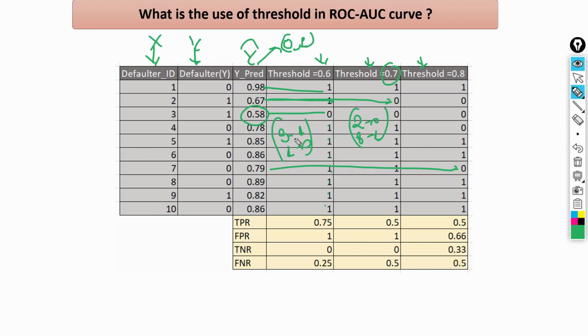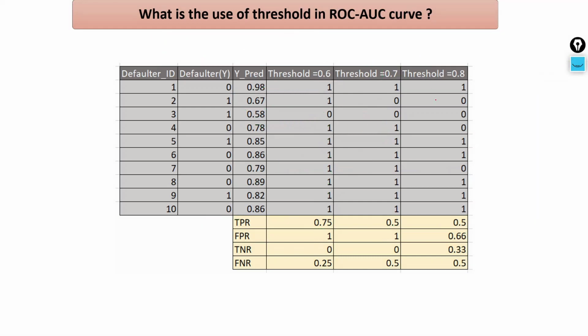So this way I will get the different classes at different threshold values, because the count of the classes is different, right? So that's why I will get different TPR and FPR values. If you see here, I am getting 0.7, here I am getting 0.5, here 0.5, here 1, 1, here 0.6. So this way I will get different TPR and FPR values at different threshold values, and using these threshold values I will plot the AUC ROC curve.